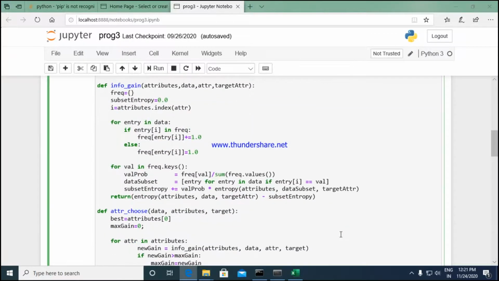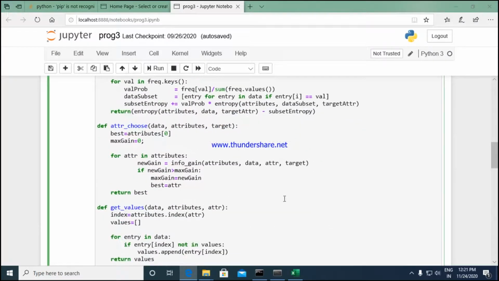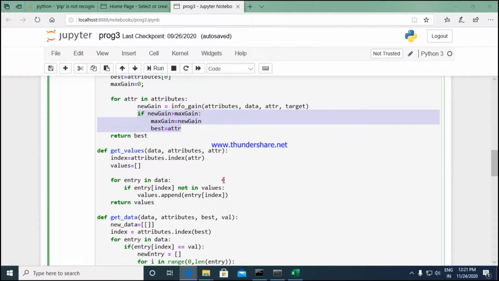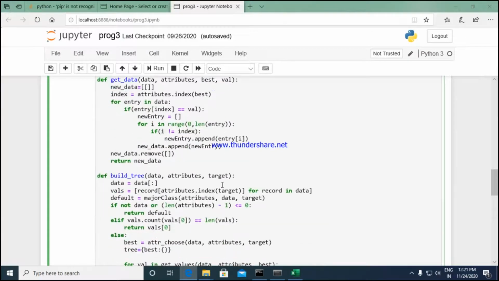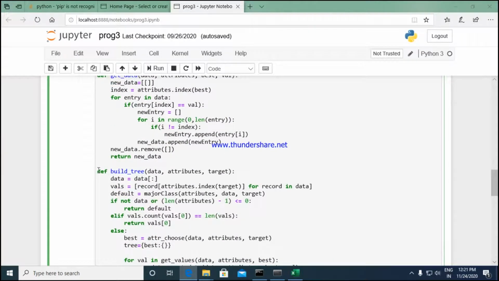And after we have the information gain value, we are going to make a choice. Which attribute are we going to choose? That attribute which has the maximum information gain. This particular part of the code is going to choose that attribute which has the maximum gain, and this attribute will now become my root node. For building the tree, I have this part of the function, which is going to build the tree for me. The node with the maximum gain value will become the root node. Then the process again continues iteratively.